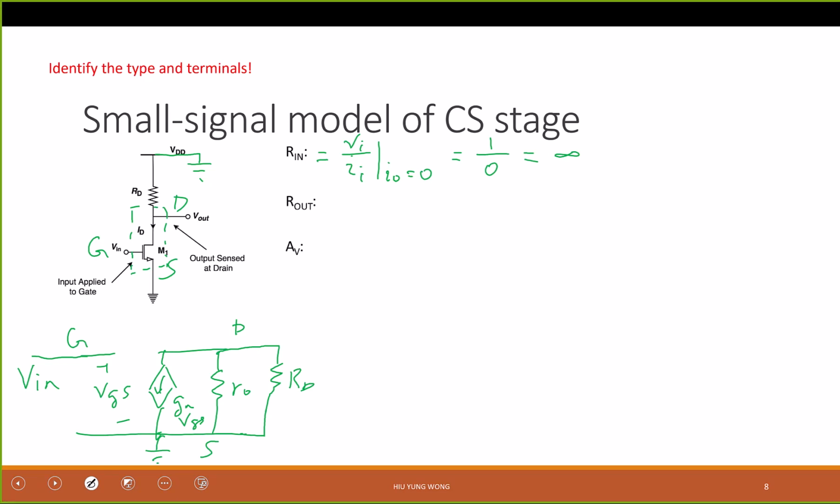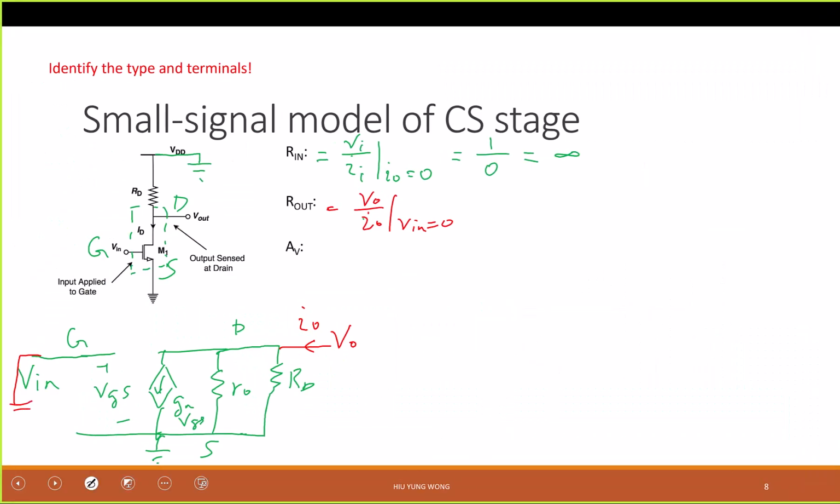Is that okay? How about the R out? Now we need to again follow the definition. What is the definition? V out divided by I out when V in equals 0. So in order to do this, I'm going to apply V out and then measure the I out. But I will need to short